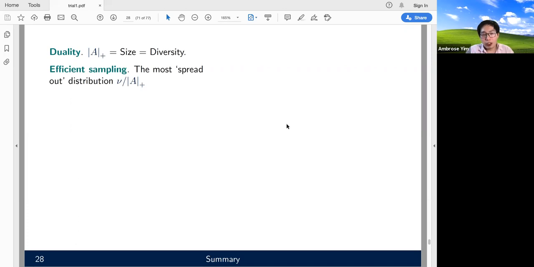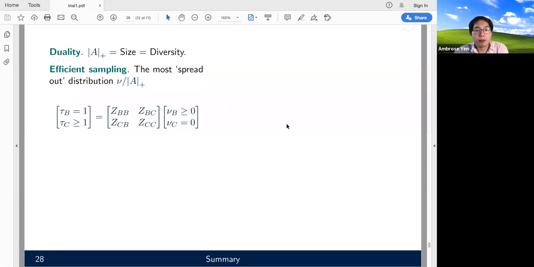And we could deduce an intrinsic property, the most spread out distribution, given by this weight divided by the size of the system. And we can partition